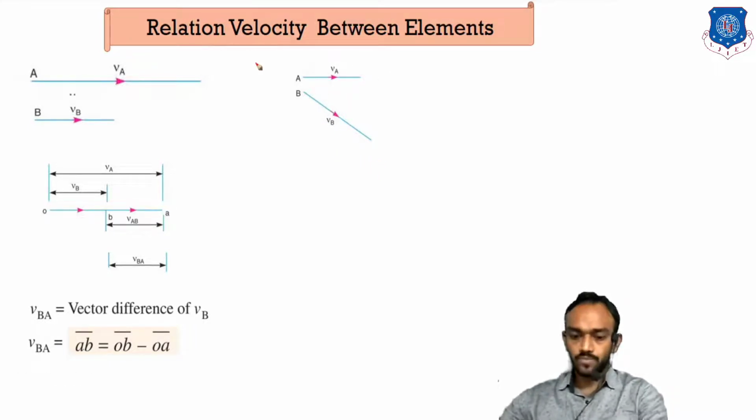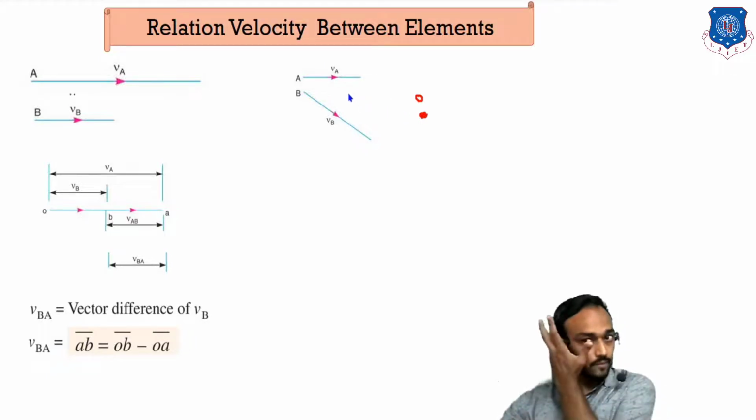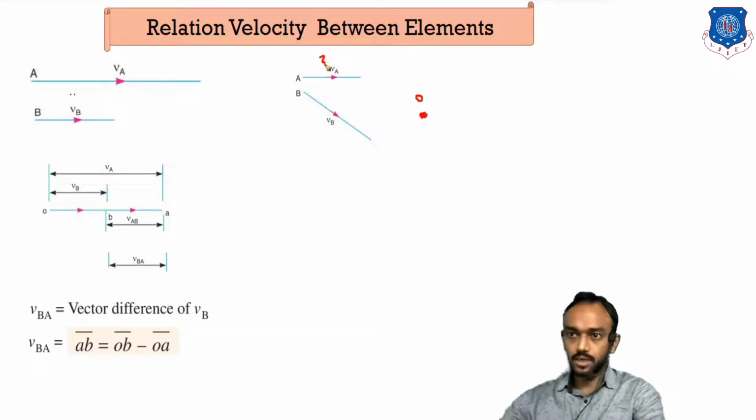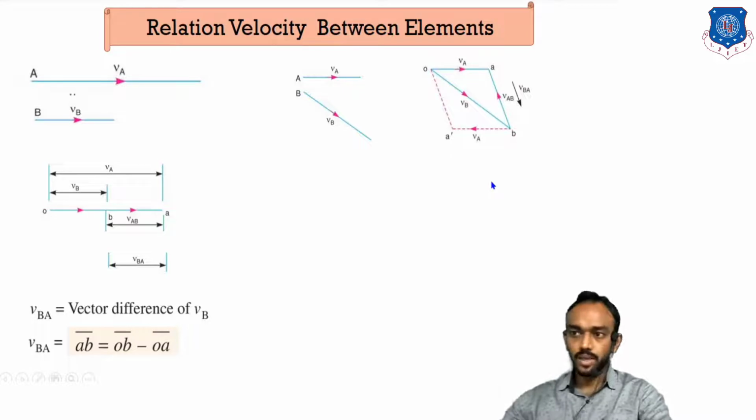So as you know, always first take the origin point, meaning some fixed reference point, O. Now you know that the velocity of A is 30 and the velocity of B is 50. You will draw the vector of this with respect to A, a line of 30, and again a line of 50 from the same origin, and the difference you get is the relative velocity of A with respect to B. Okay.